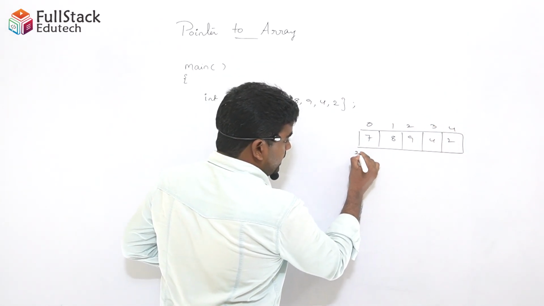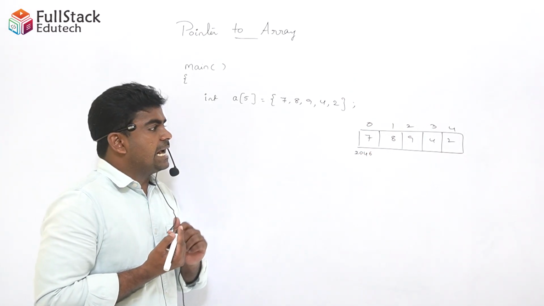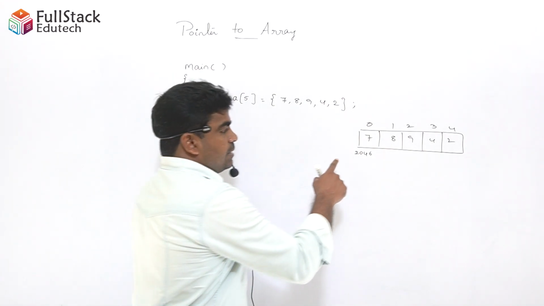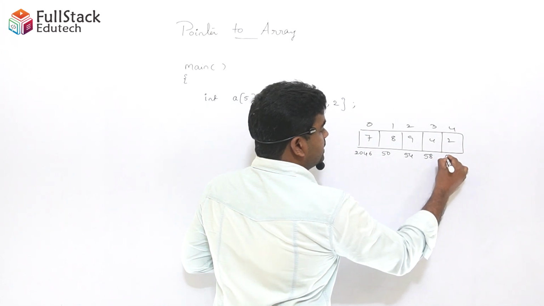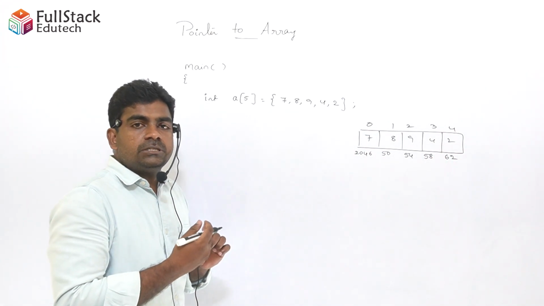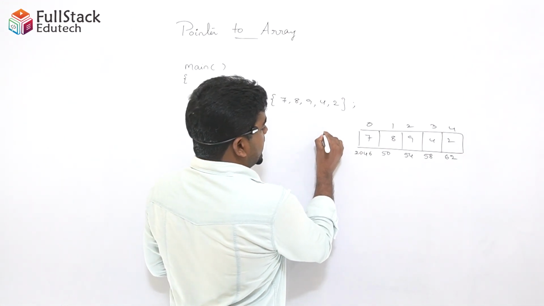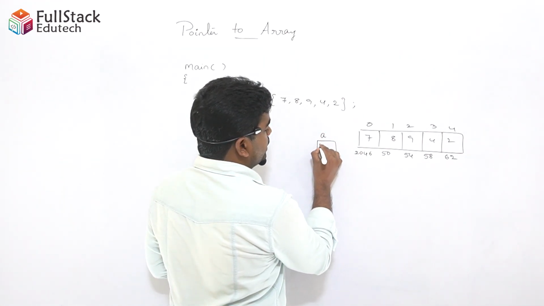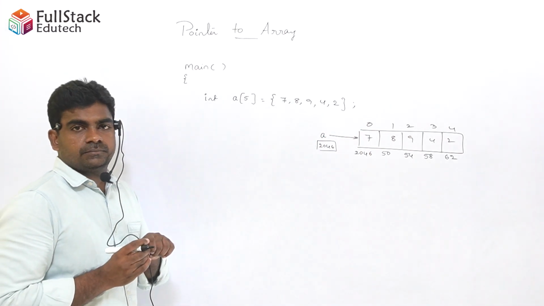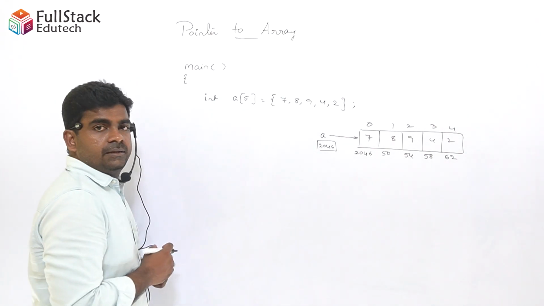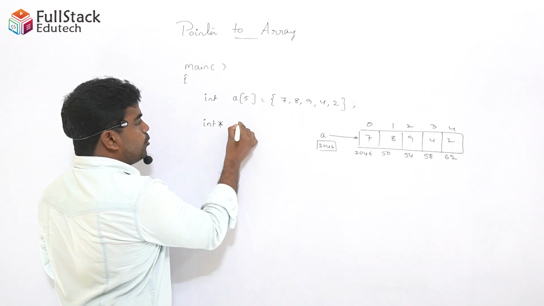Here we are taking the base address, the initial address of the memory block, starting with 2046, plus 4 bytes: 2050, 2054, 2058 and 2062, because each element occupies 4 bytes of memory. The array variable holds the base address of the memory block, that is 2046, and it is pointing to this one. Now if you want to make a pointer point to it, take an integer pointer p,